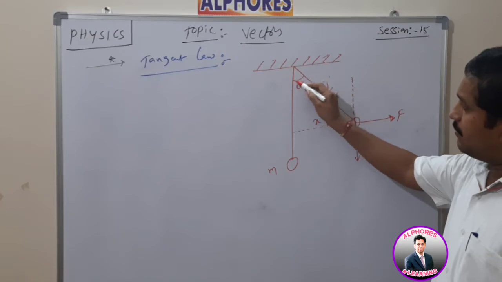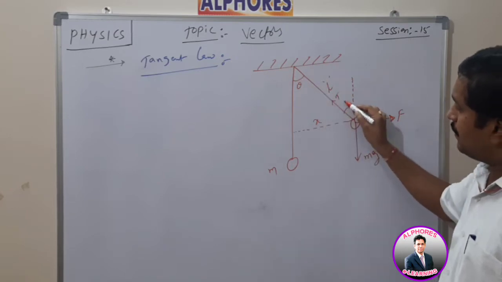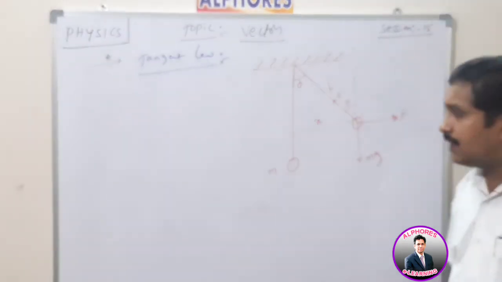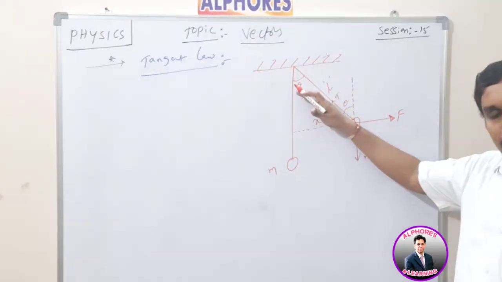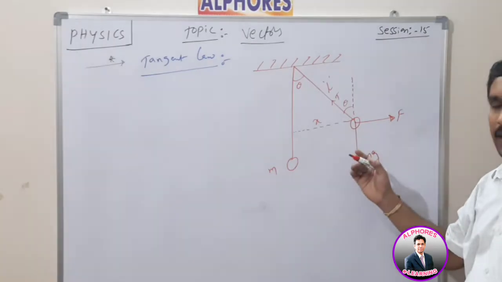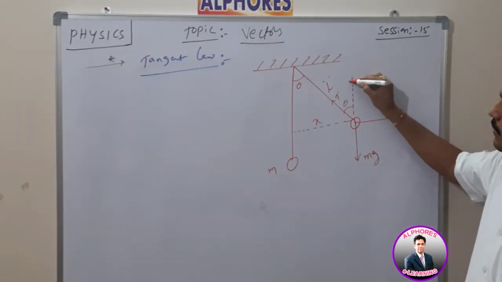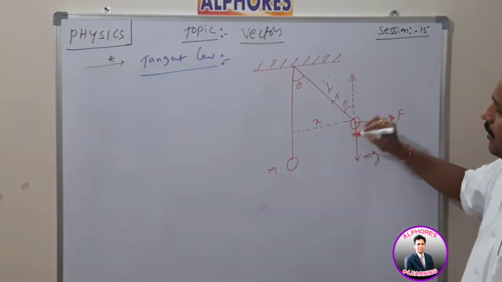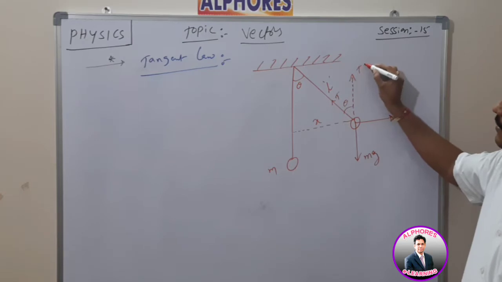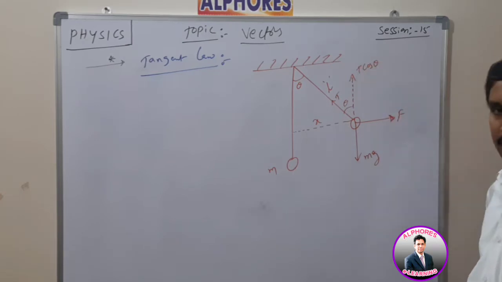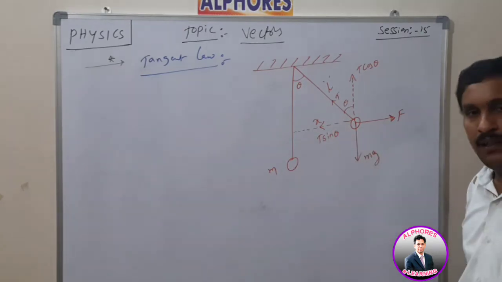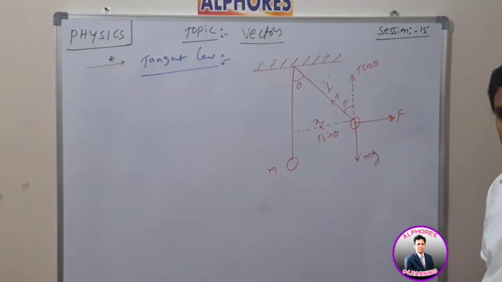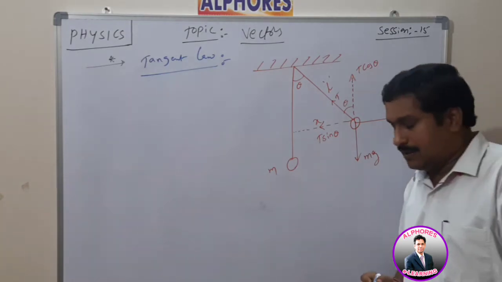It makes an angle theta with vertical, which means as per the alternate angles, this is also theta. If any force makes an angle theta with the x-axis or y-axis, it is resolved into two components. Now listen carefully. Here the tensional force makes an angle theta with vertical. So this is nothing but T cos theta, and this is nothing but T sin theta, as per the resolution of vectors.